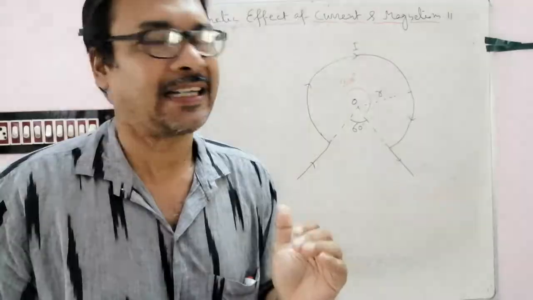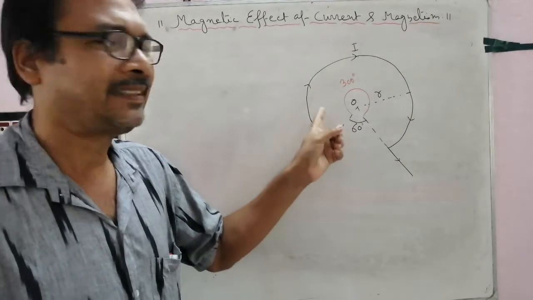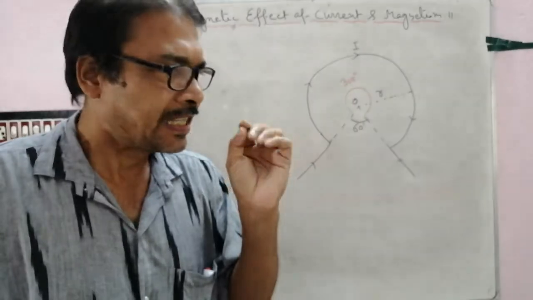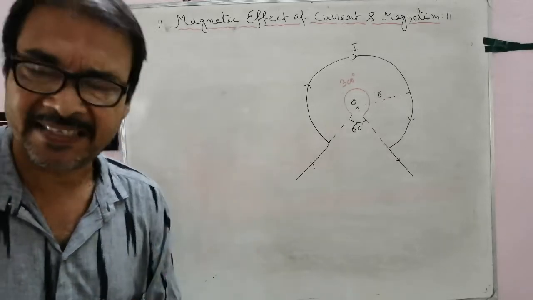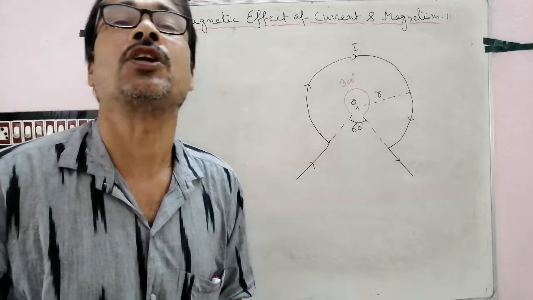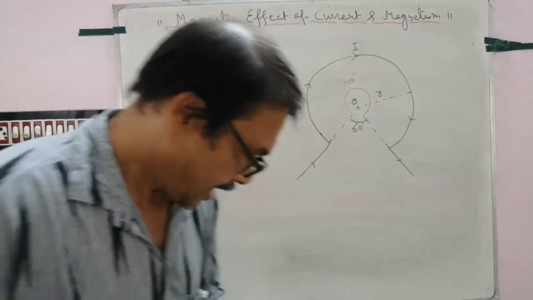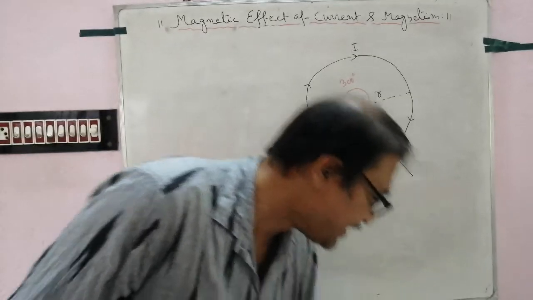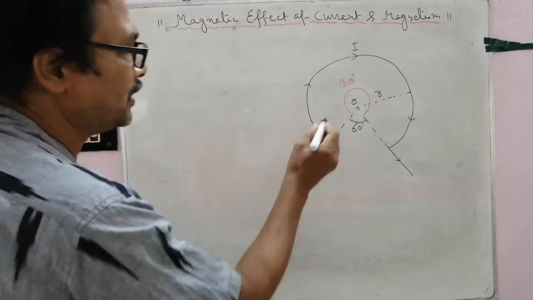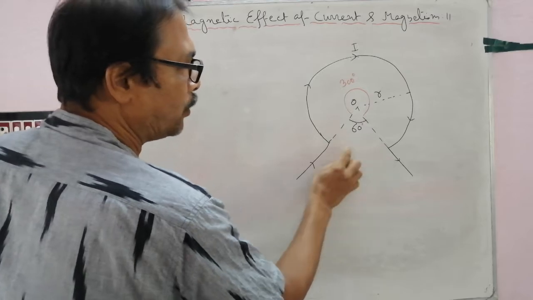In my last class, I discussed this problem, but there was a silly mistake. Of course, the correction has been mentioned in the last video at the end of the description. You must notice it. But today, I am mentioning that correction. Follow, in my last class, this is a circular loop, but this portion is out.